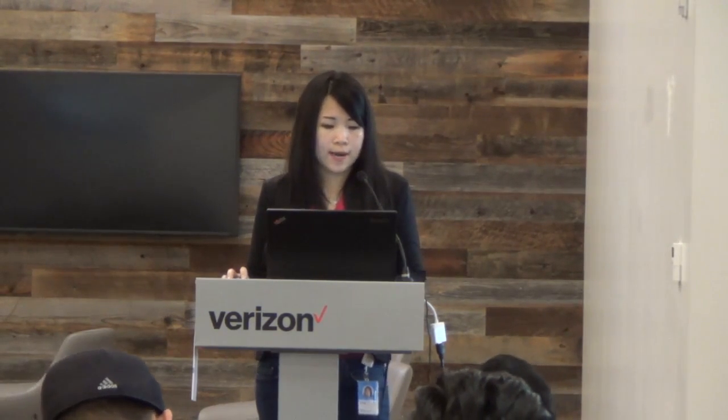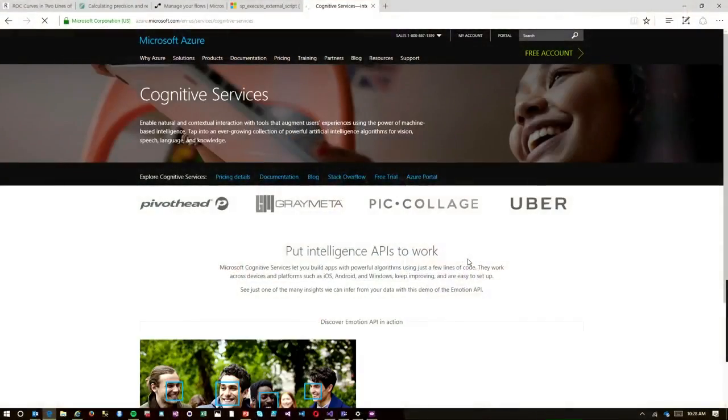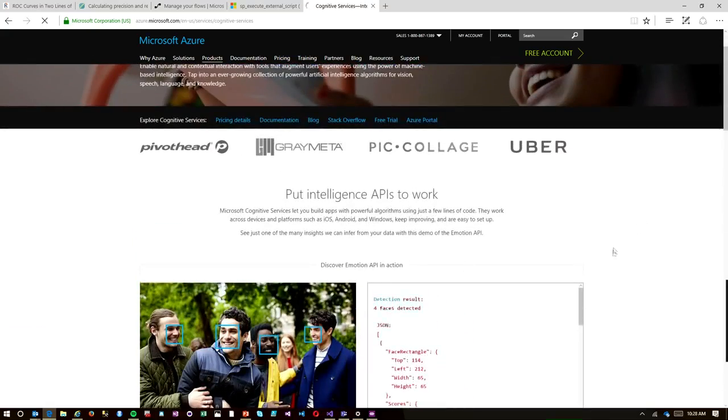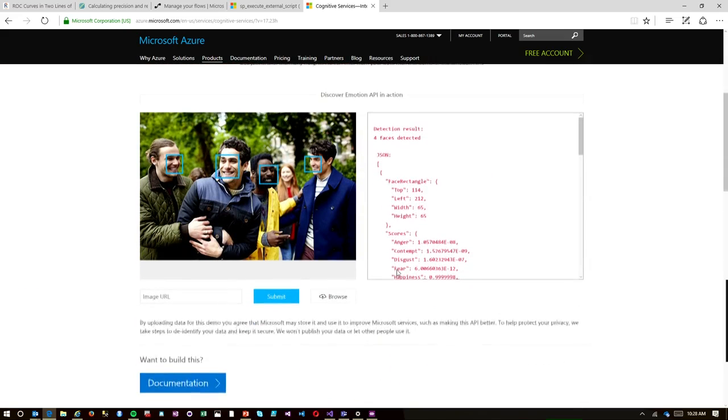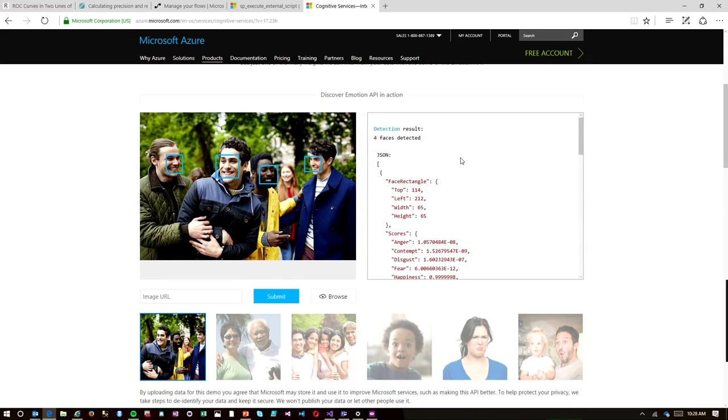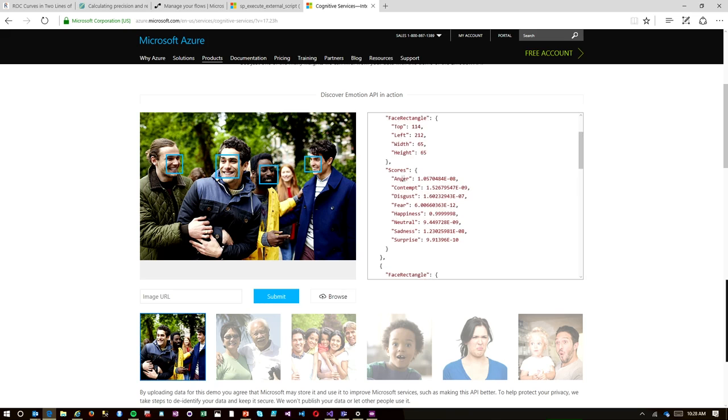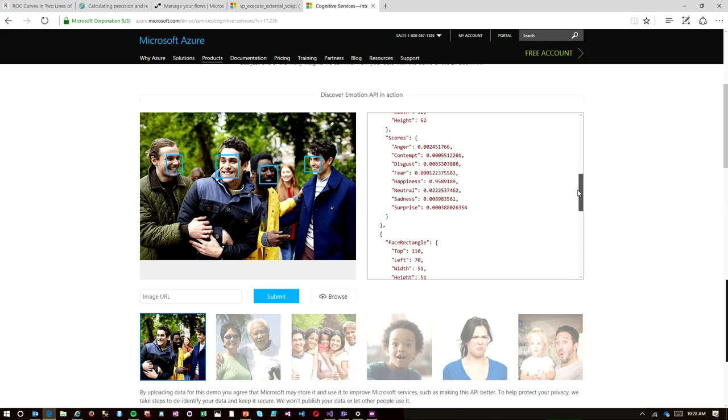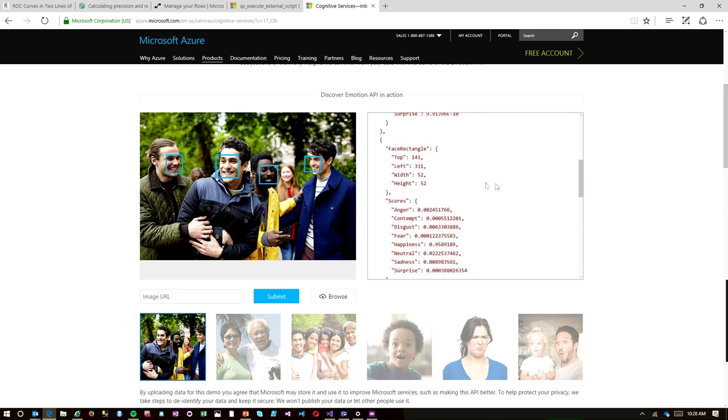So if you Google or Bing Cognitive Services, Microsoft, you'll be able to see this. This is an example from this photo. It detects people, obviously, faces. There are 4 faces, and then it provides the JSON output. It detects the emotions and the score, so the probability. For each of the faces, it will do that. So these are the facial features. There are also other